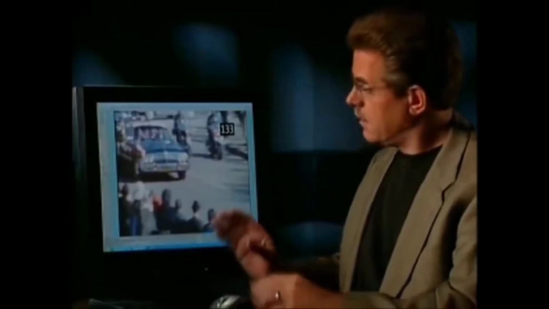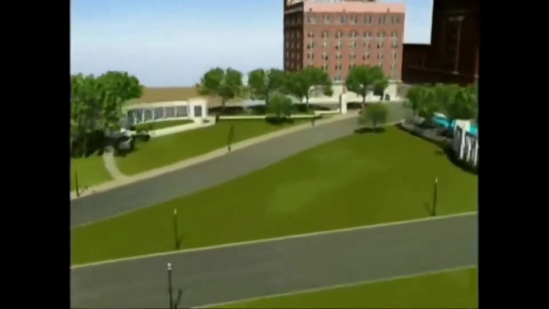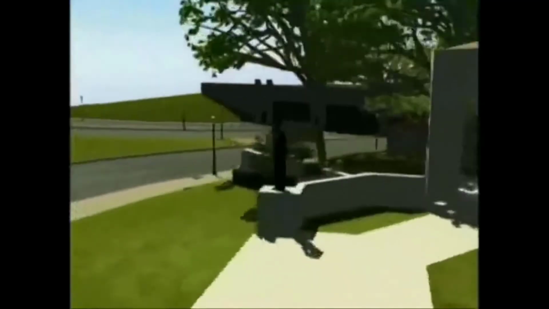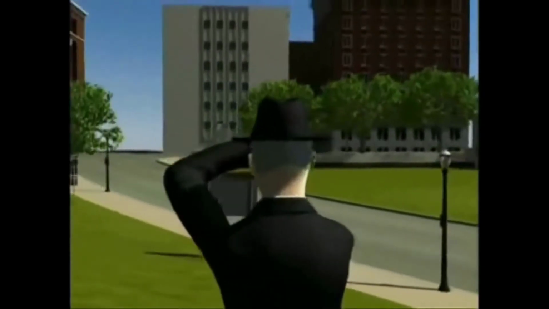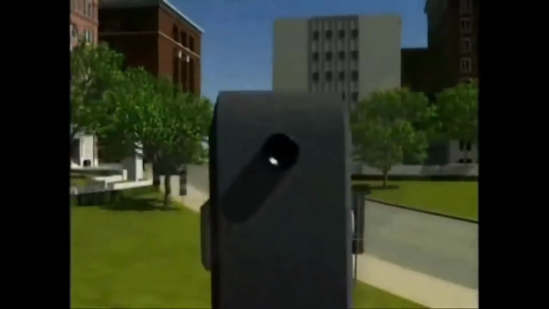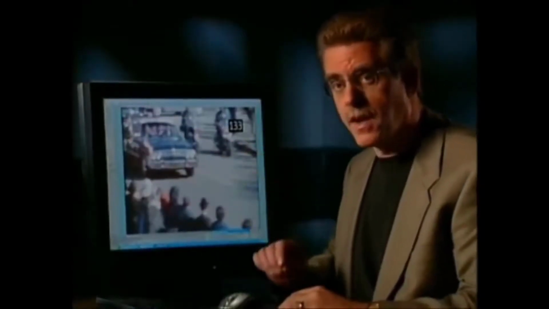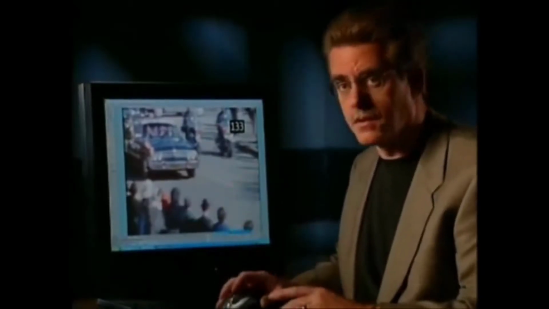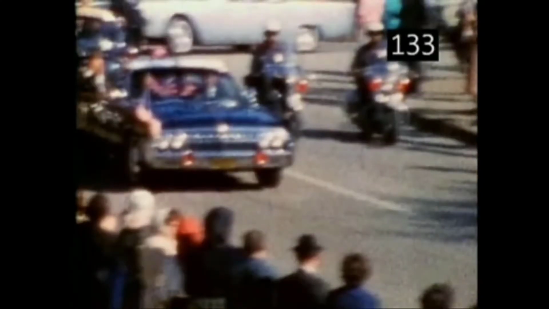Let's take a look at Abraham Zapruder's film in detail. Let's orient ourselves first off. Zapruder, of course, is standing on a 4.5-foot high pedestal just west of the book depository. So he's looking up toward the corner. The limousine has just finished and completed its turn and starting to glide down Elm Street. Frame 133 is the first frame in which the president appears. As we advance the frames here,